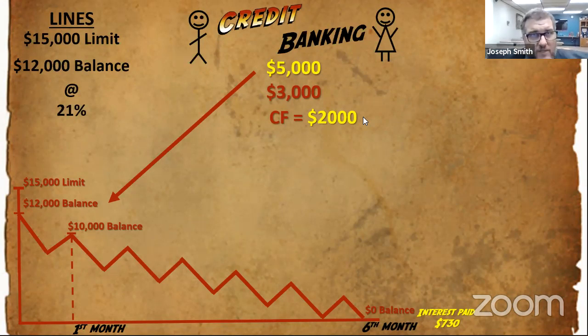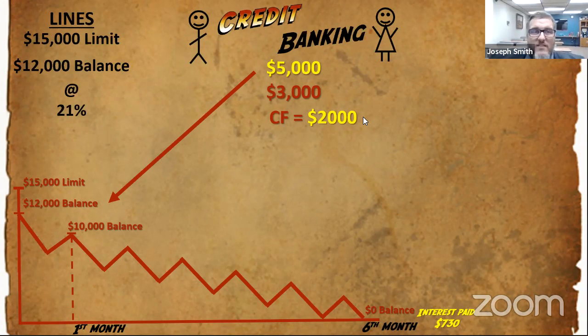That 21% interest that you see there, a lot of people are scared of credit cards because of the interest. But don't forget that it's an APR, an annual percentage rate. You have to take 21% and you have to divide that by 12. That comes out to about 1.75% a month, 1.75% that is of the balance that's carried over.